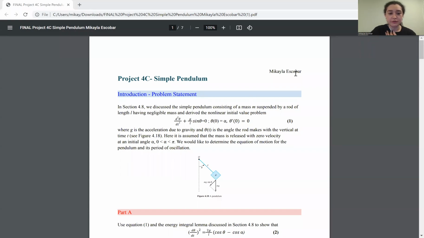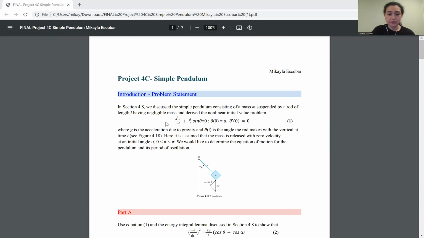So we're going to be going over Project 4C, the simple pendulum. The problem statement begins with, in section 4.8, we discussed the simple pendulum consisting of a mass m suspended by a rod of length L having negligible mass, and derived the nonlinear initial value problem